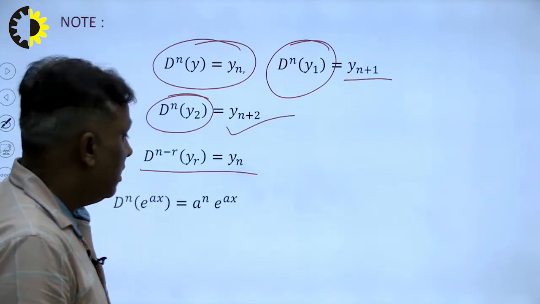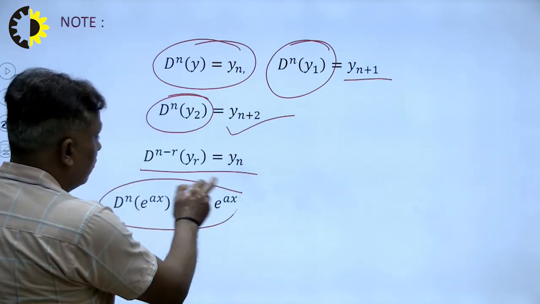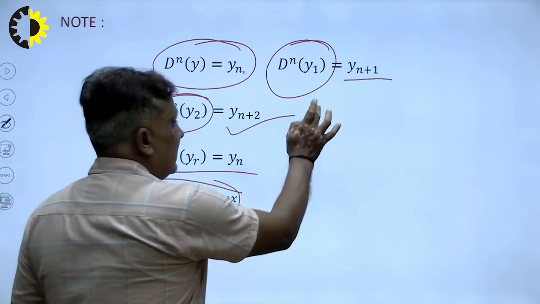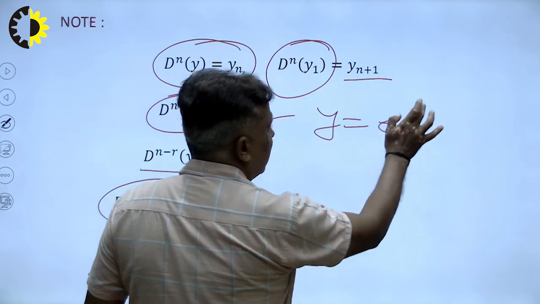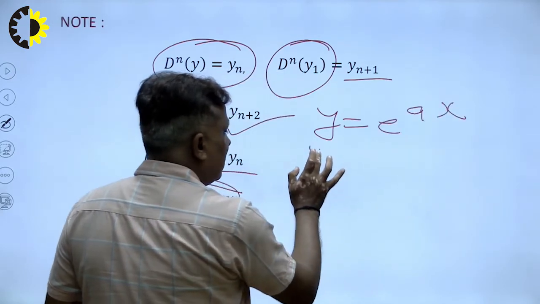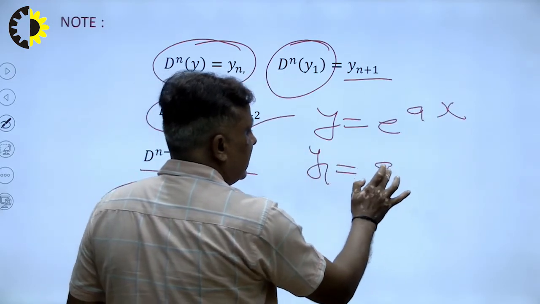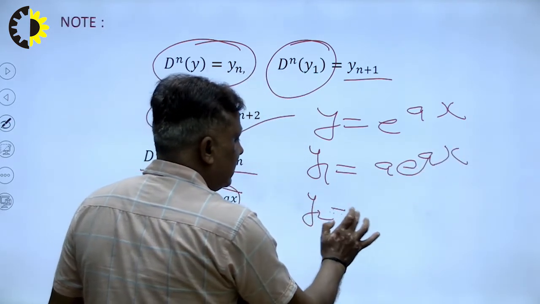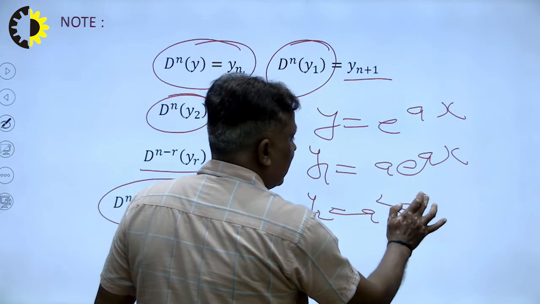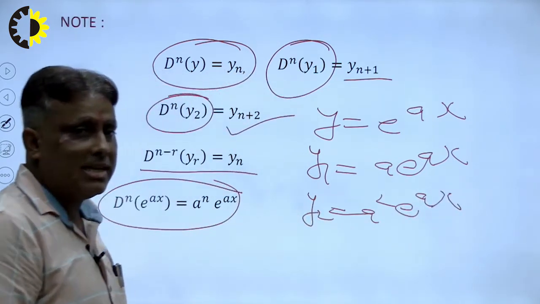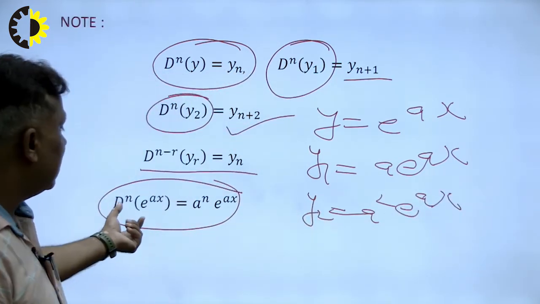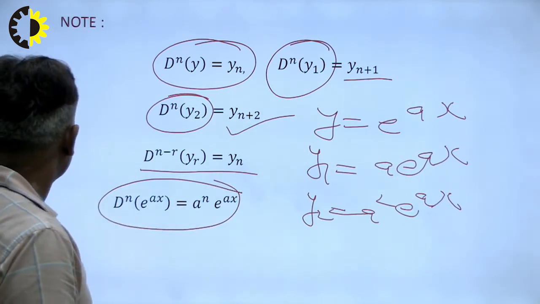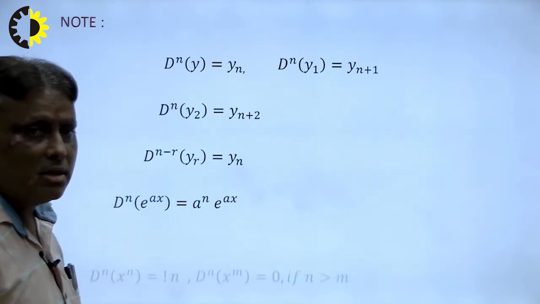Next question: what will be the result of this? This is a very important thing, right? How do I write it here? Suppose I write y is equal to e raised to the power ax, right? So what will be y1 here? It is a e raised to the power ax. And what will be y2? By symmetry, a square e raised to the power ax. So now students can say what the nth derivative will be: a raised to the power n, e raised to the power ax. This is very important for all of us when we solve problems.